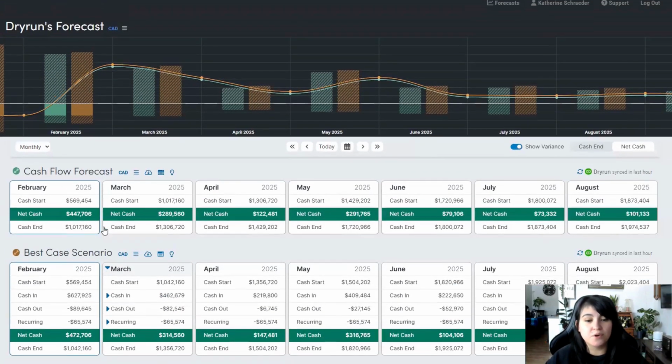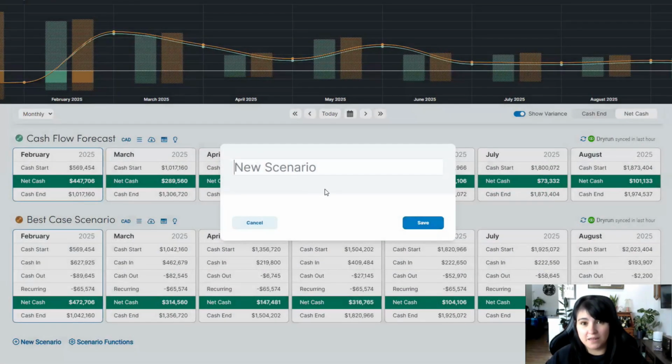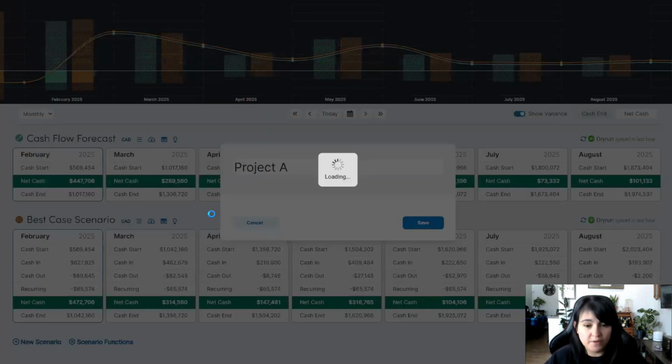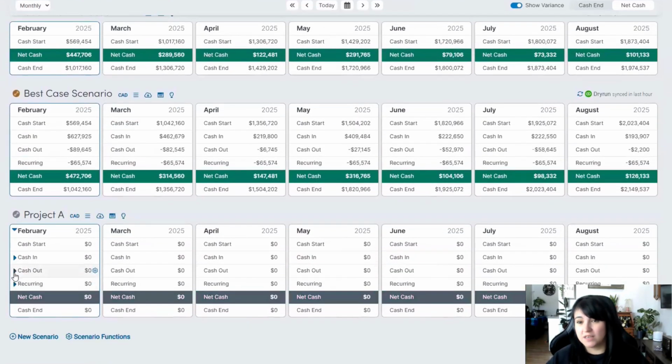Now, on top of this, you also have the ability of creating brand new scenarios fully manually. If you want to start modeling projects, you can definitely start adding manual items that will allow you to separate specific aspects of one project. For example, if you want to model any specific labor costs or material costs versus any expected revenue in the future for this particular project, you have the ability of creating a manual scenario and adding those